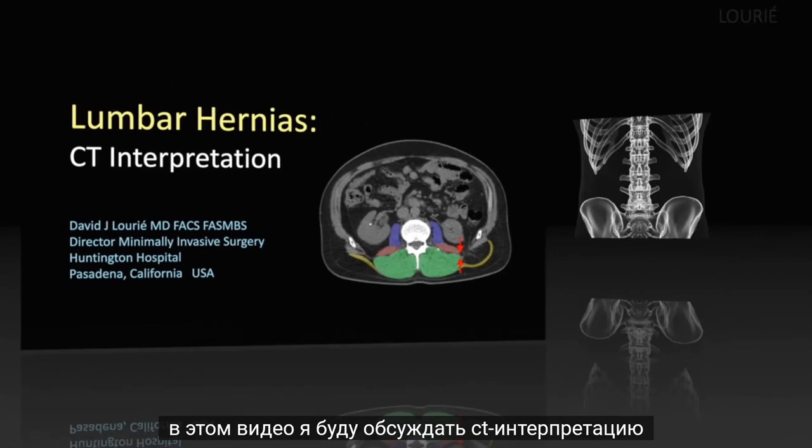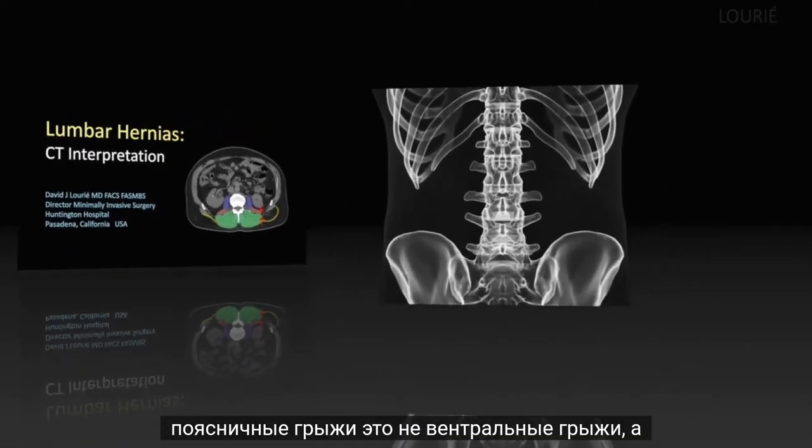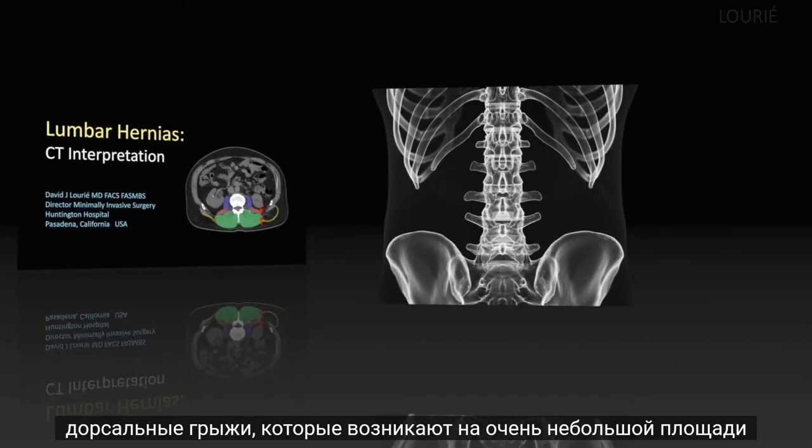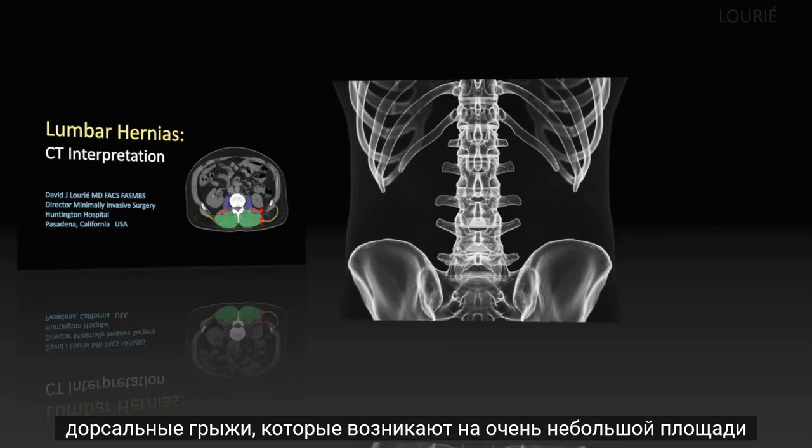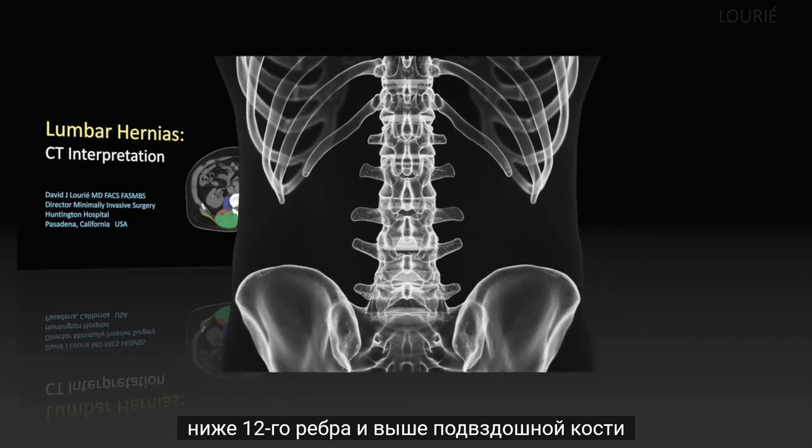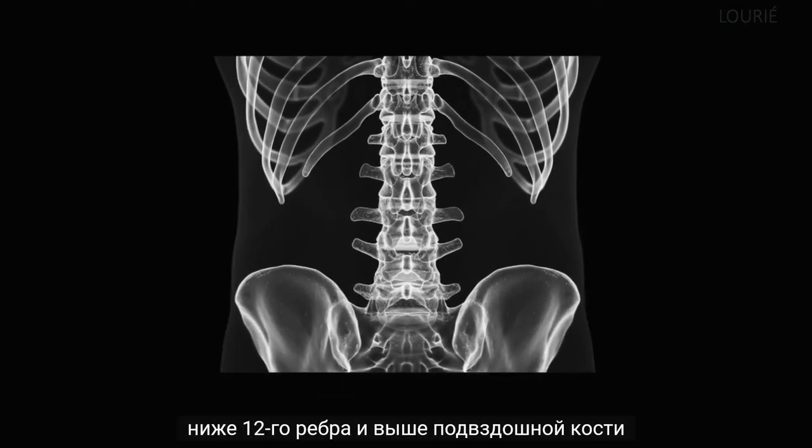In this video I will discuss the CT interpretation of lumbar hernias. These are not ventral hernias, but rather are dorsal hernias which occur in a very small area inferior to the 12th rib and superior to the iliac crest. When we draw the muscles of the lumbar region over these skeletal elements,